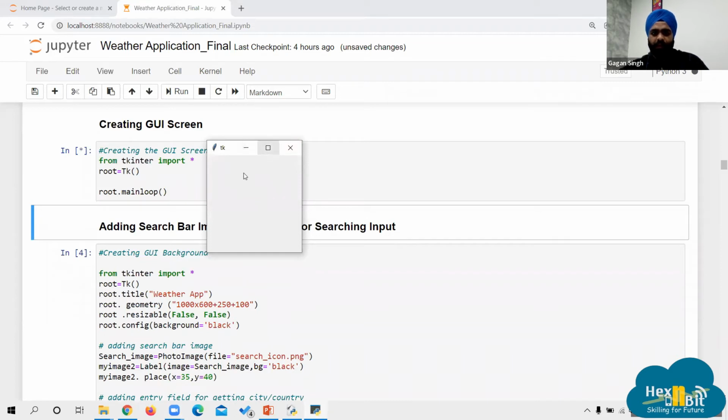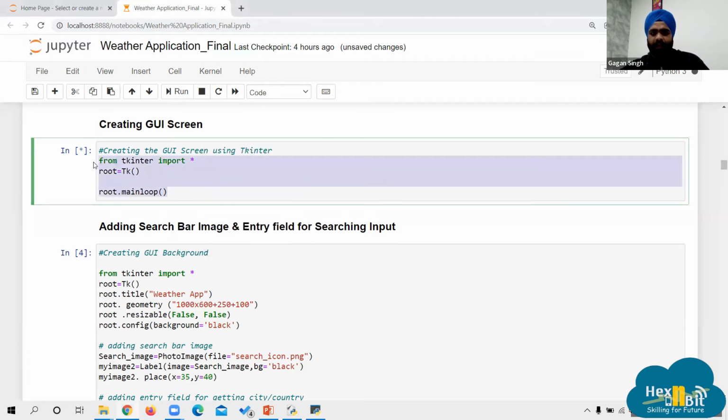You were able to see this small screen pop up, with TK written and all these icons. This is the default screen that appears. I hope this is visible to everyone.